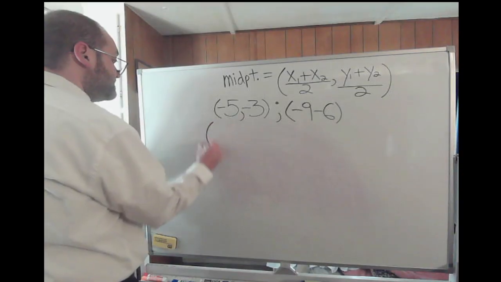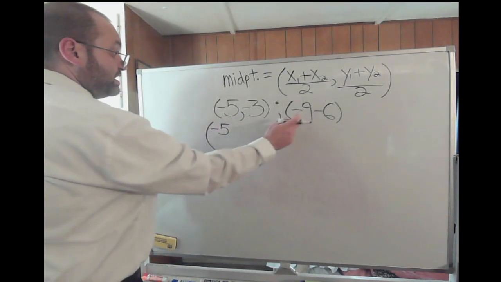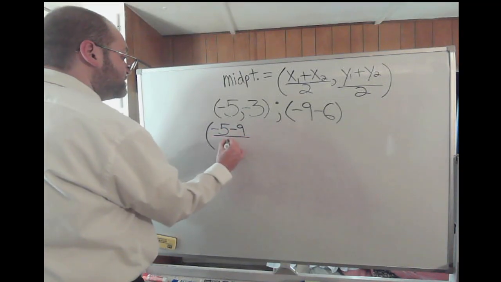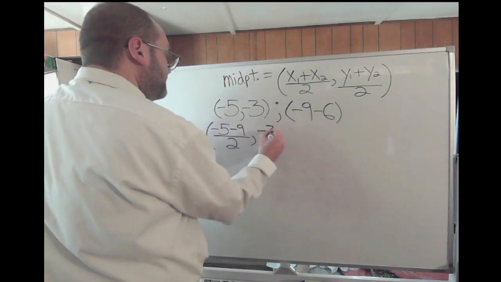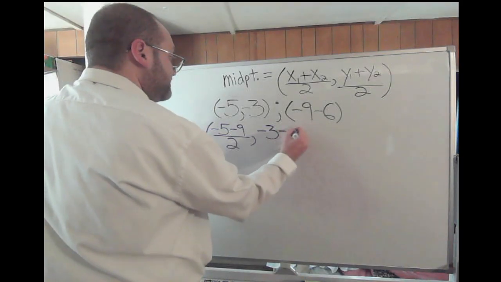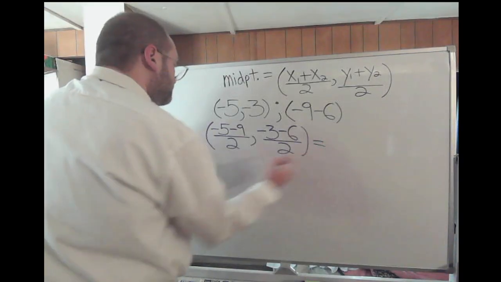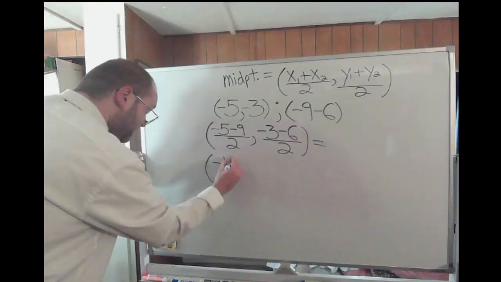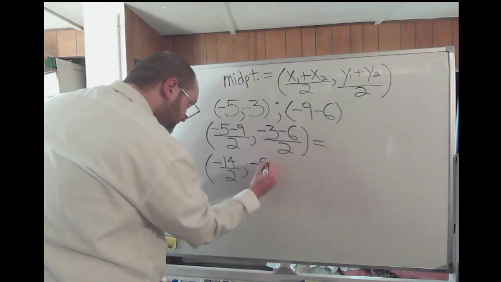So again, first, take your first x-coordinate of -5 plus your second x-coordinate of -9, which would turn into -5 minus 9. That'd be over 2. Then take your first y-coordinate of -3 plus your second y-coordinate of -6, which would turn into -3 minus 6, all over 2. When we simplify this, -5 minus 9, that's -14 over 2. And then -3 minus 6, that's -9 over 2,